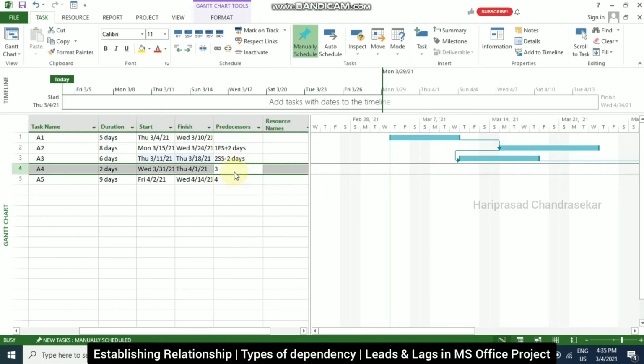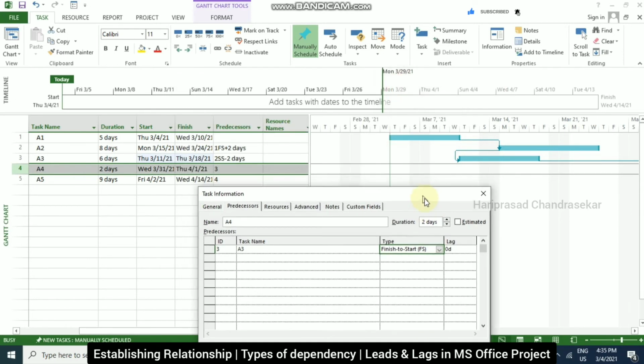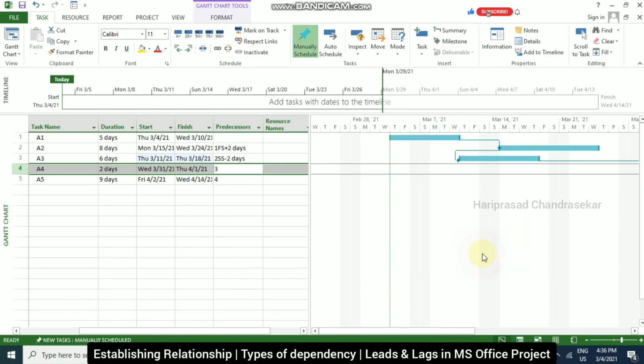Now a double click, and here I'm going to select finish to finish, and then put minus 50 percent, press enter and click OK. Even percentages we can put. So it is finish to finish, but with 50 percent leading.